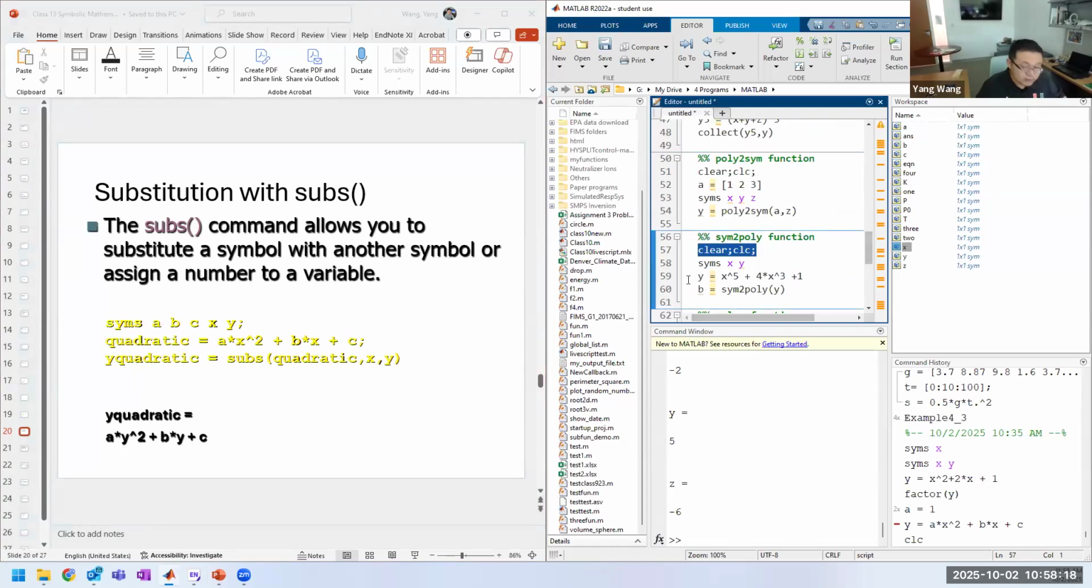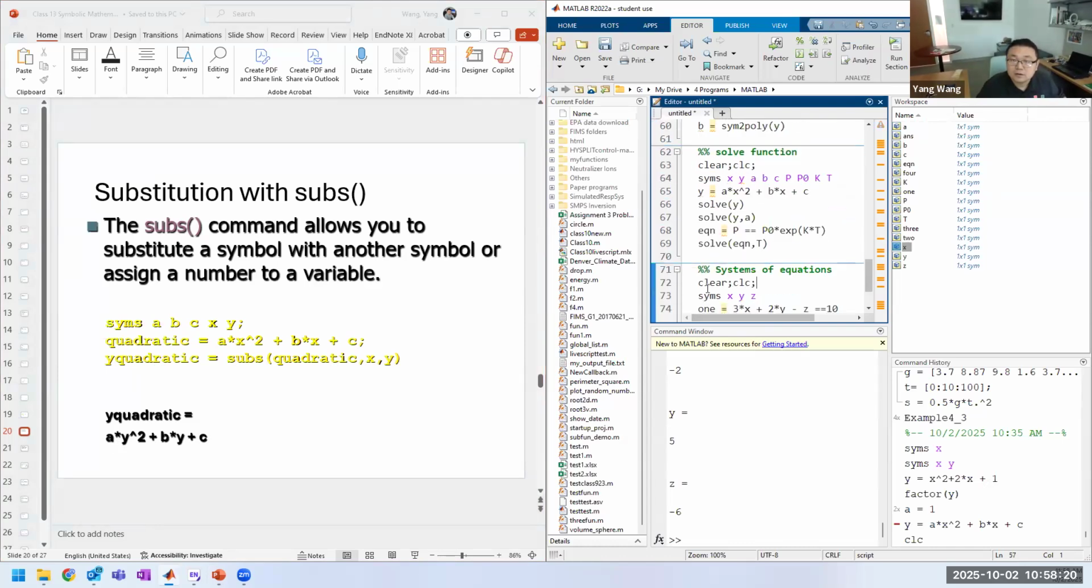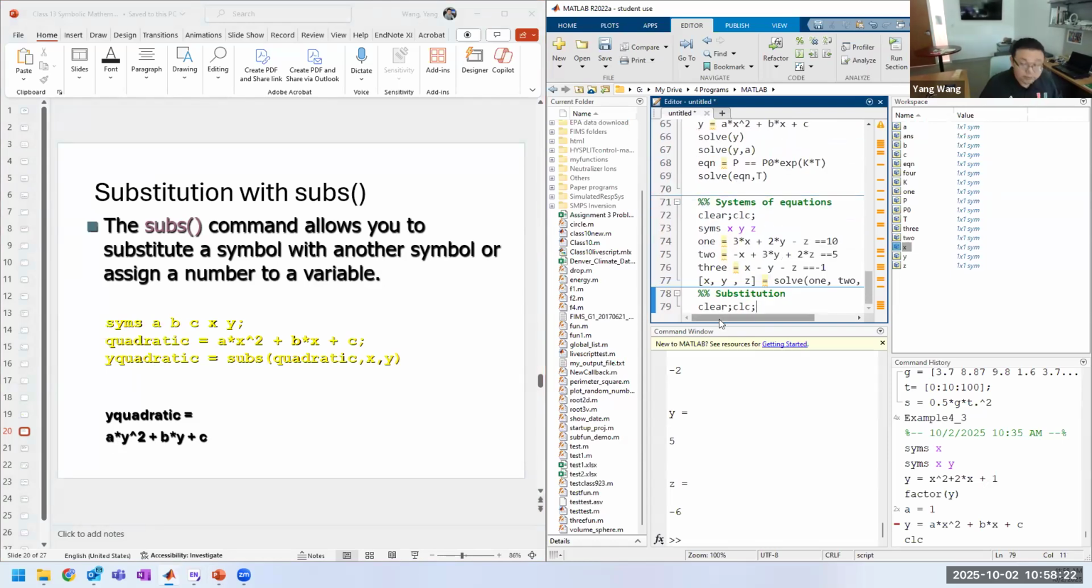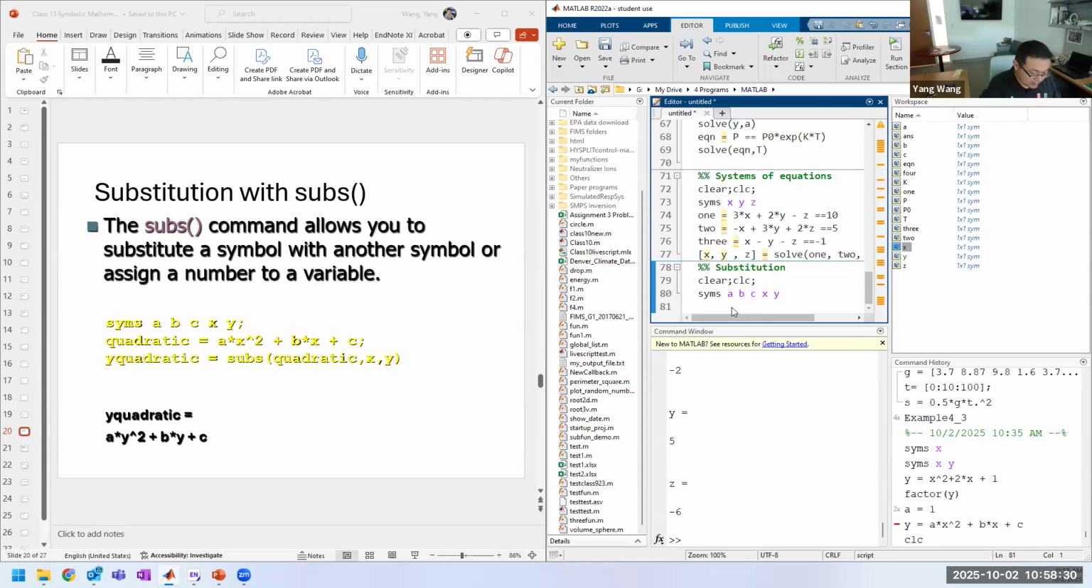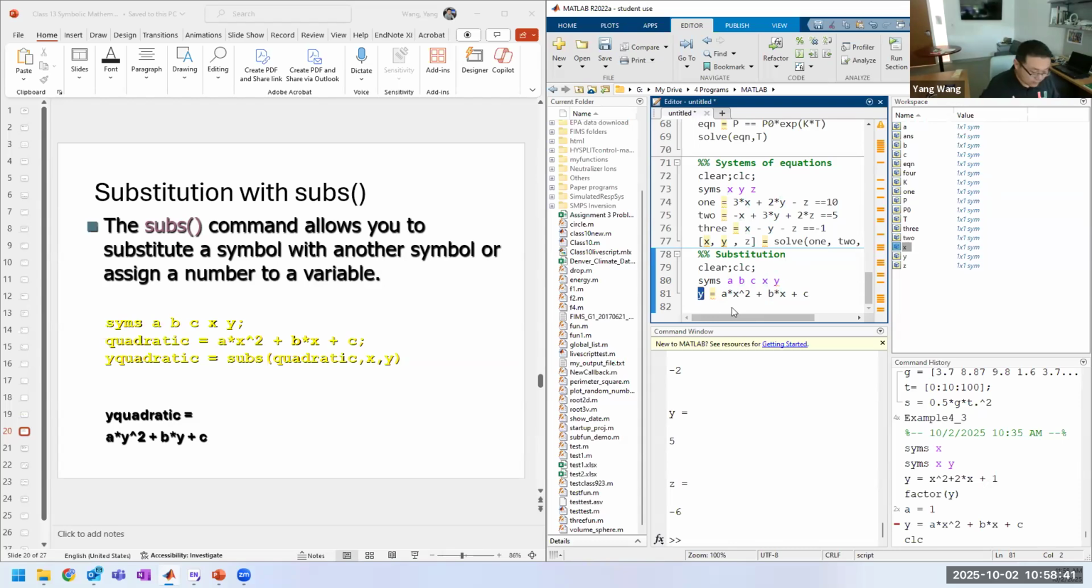Okay, add a clear and clc. Okay, so syms a, b, c, x, y. So we said that y equals a multiplied by x to the power 2 plus b multiplied by x plus c. Okay, all right, quadratic. So if we define a new quadratic equation,